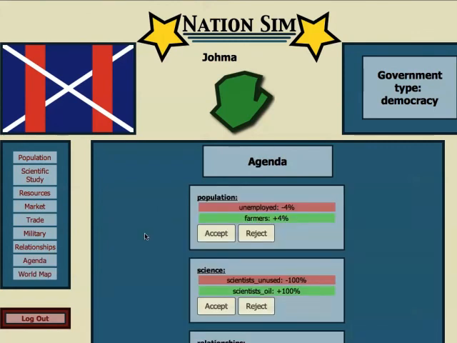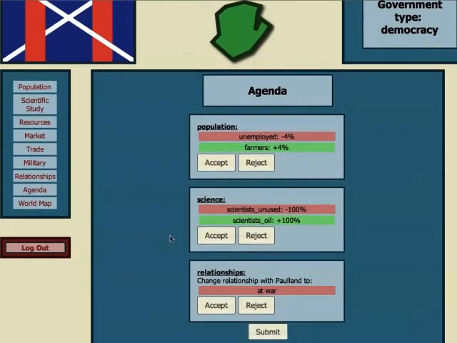Then I can move to the agenda tab. The agenda tab is interesting and will be utilized mostly in the voting phase. As a democracy, each member of my group would have a say as to what's accepted and rejected. I can put accept on this one, reject on this one, and accept on this one, and